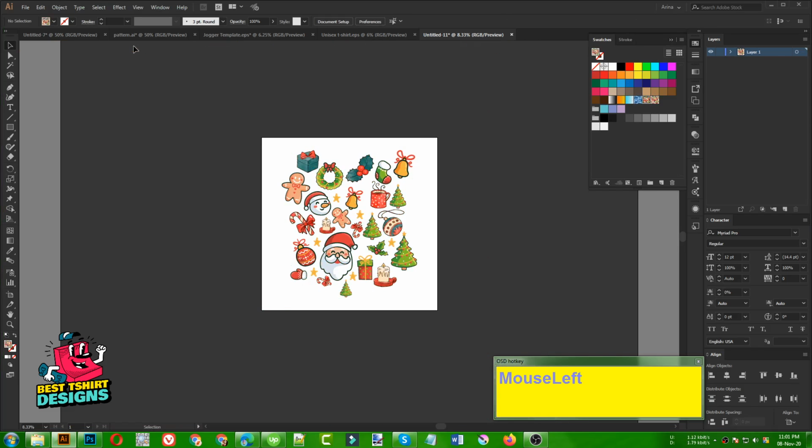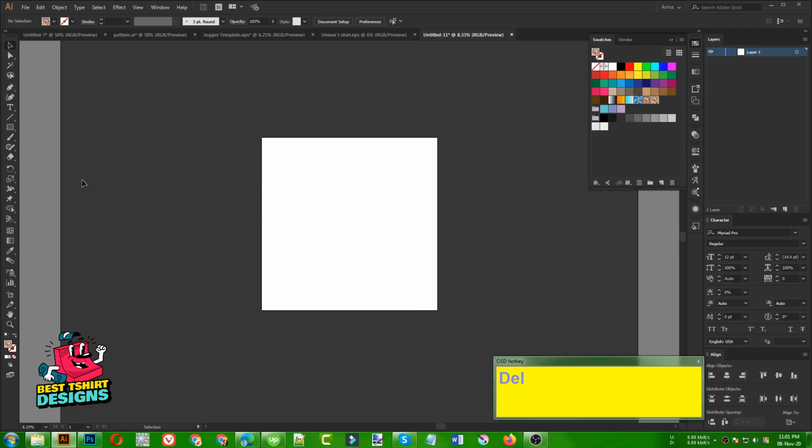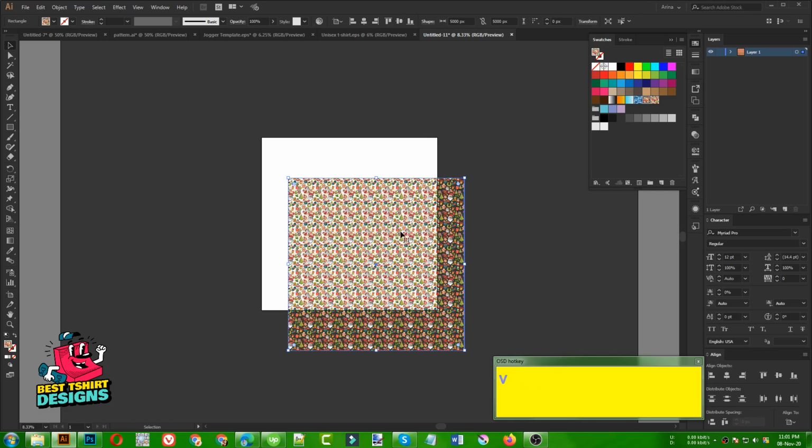Okay, this is going to be a bit tricky. So okay, our pattern is ready. You can see the last one is the new pattern, so I'm going to delete them. I don't need them. So let's click on this rectangle tool to make a 5000 by 5000 rectangle. Press enter. Then you can see this is filling my pattern with the previous pattern